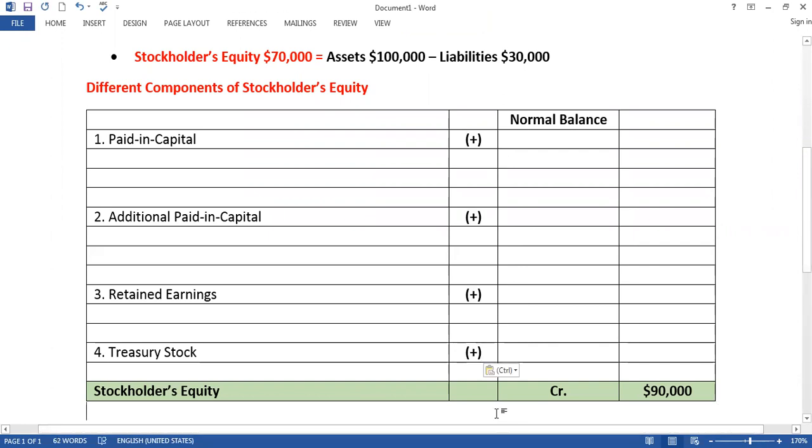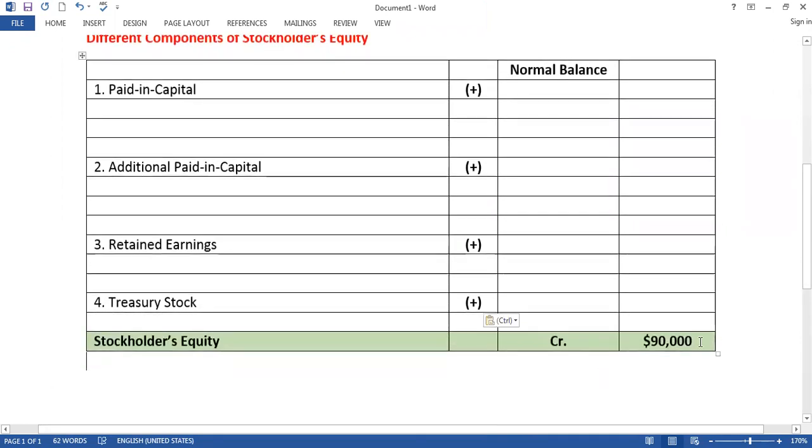It means that's how we get this money, $90,000. $90,000 came from paid in capital, plus additional paid in capital, plus retained earnings, minus treasury stock, equal this $90,000. So if you understand this, and stockholders' equity normal balance is credit, okay, can you tell